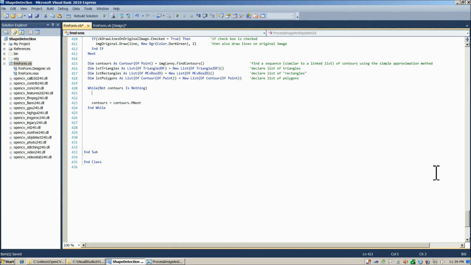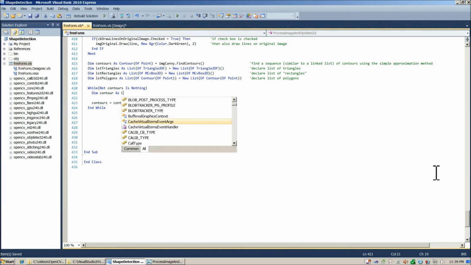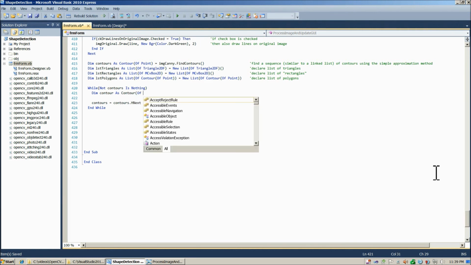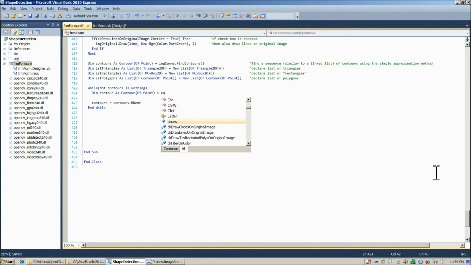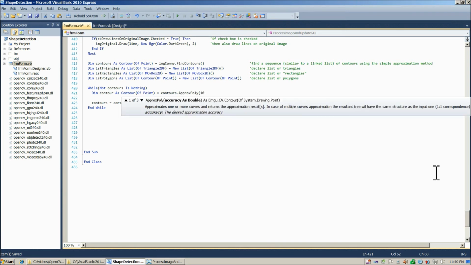Now we can write our conditional statements to discern if we're going to add the current contour to triangles, rectangles, and polygons. But first, let's go ahead and get the current contour, and how we're going to do that is we'll declare it each time, dim contour as contour of point, and that's going to be assigned contours dot approx poly, and we're going to pass in the variable 10